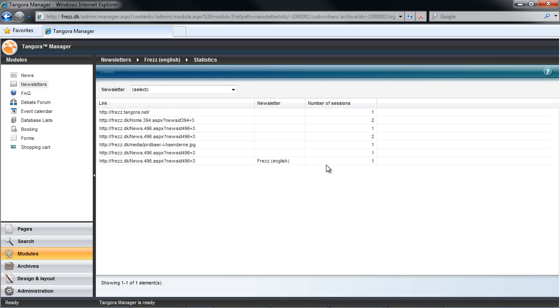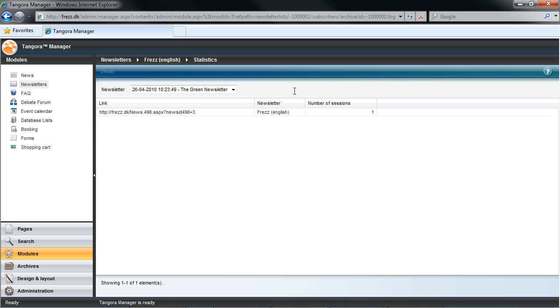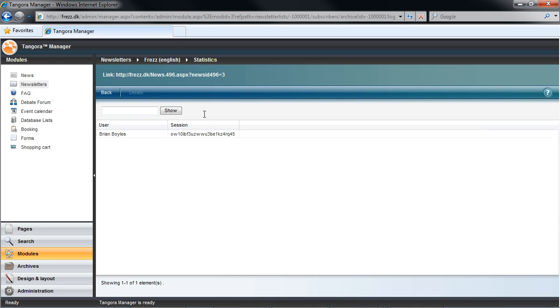What we have here is an overview of all the links that have been visited on our site. Up at the top, we can see there's a select box where we could choose a specific newsletter we want to investigate, which helps us narrow down our results. And then we can see that there's a list of specific sessions here. Session is just a fancy word for visit. Keep in mind that we could have a view of all the sessions or visits here, and that usually is from different visitors, but the same person can also visit several times.